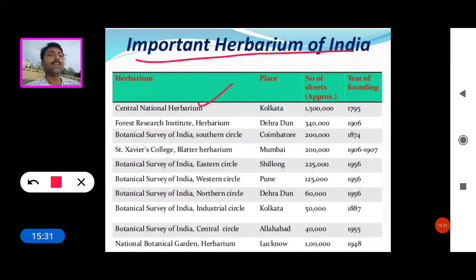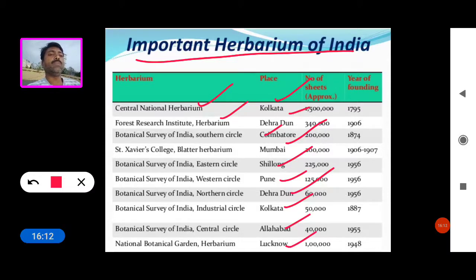Central National Herbarium, Kolkata, and Forest Research Institute Herbarium, Dehradun, and Botanical Survey of India, BSI, Southern Circle, Coimbatore, and Xavier's College, Blatter Herbarium, Mumbai, and Botanical Survey of India, Eastern Circle, Shillong, Western Circle, Pune, Northern Circle, Dehradun, Industrial Circle, Kolkata, Central Circle, Allahabad, and National Botanical Garden Herbarium, Lucknow.